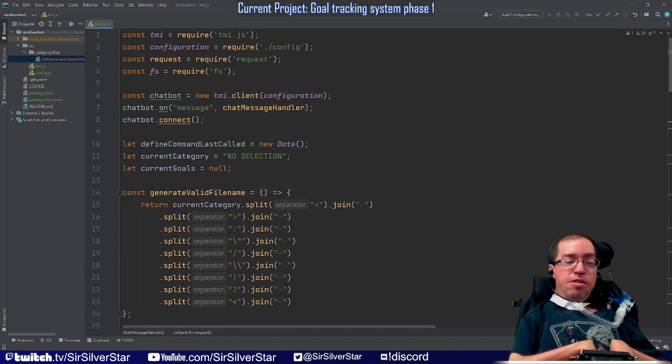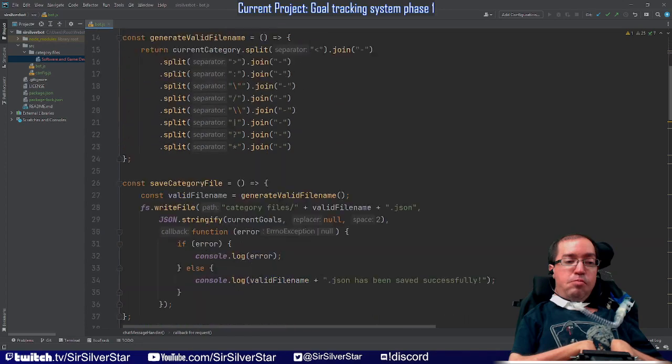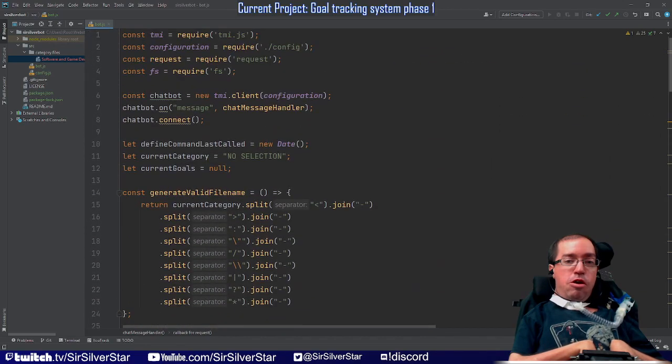And so with the file server functionality, we are going to create an overlay that's going to go on top of the video, which you're looking at on the stream. It's going to go over the video, and then the bot will be able to talk to the overlay using